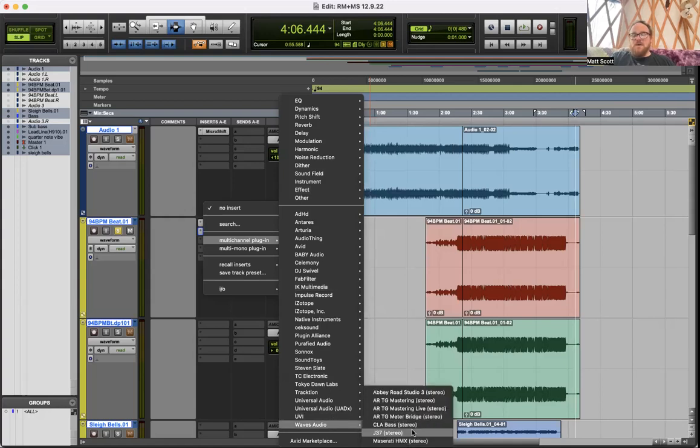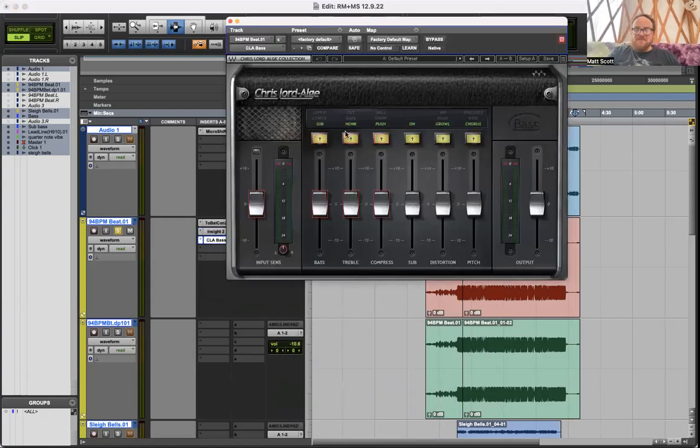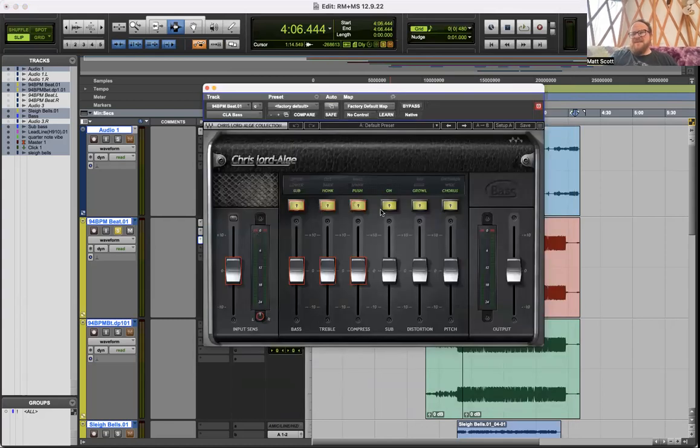I'll give you one of the Waves plugins I use, because the other one, honestly, is less interesting. The Maserati HMX I use less. CLA Bass. Chris Lord-Alge series, I think he has one of these for every instrument. You have faders that control all the nuances of how he would set up a bass sound. So input sensitivity right here. There is a little meter that goes from yellow to green to red to orange and everywhere in between to tell you that for this to sound its best, you want to hit it at an optimal level. The preamp wants to hit the system at an optimal level, so it's really quick for you to get there using this. And then it's all the things you would think of as far as compression,